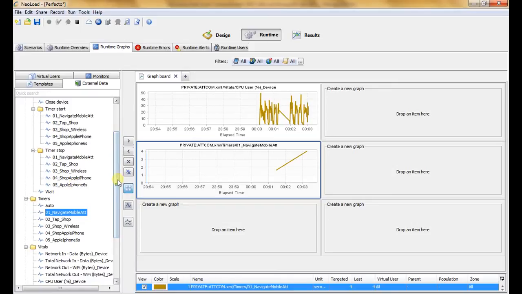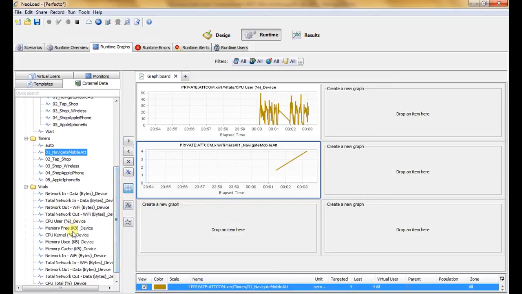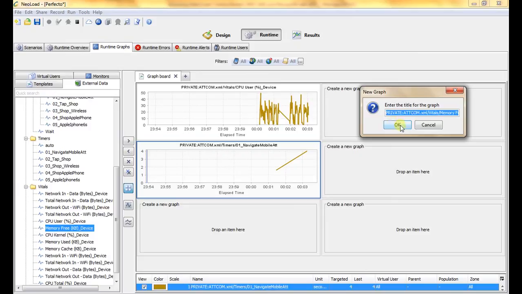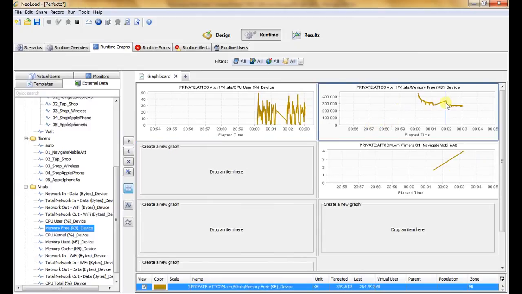We can drag the graphs here, and immediately we can see the CPU, for example, memory, or any other monitor.